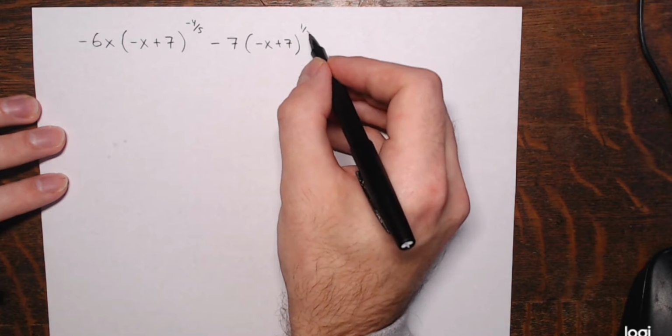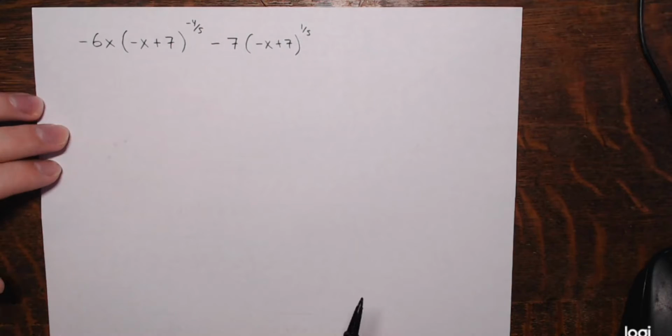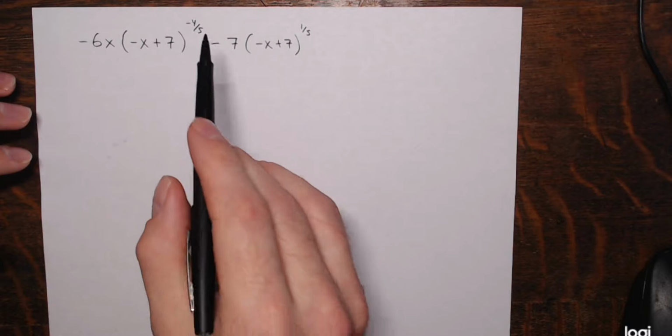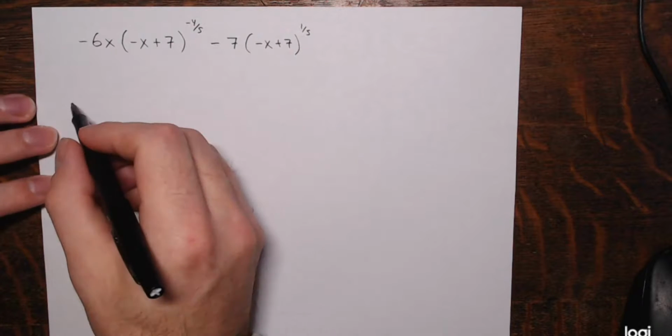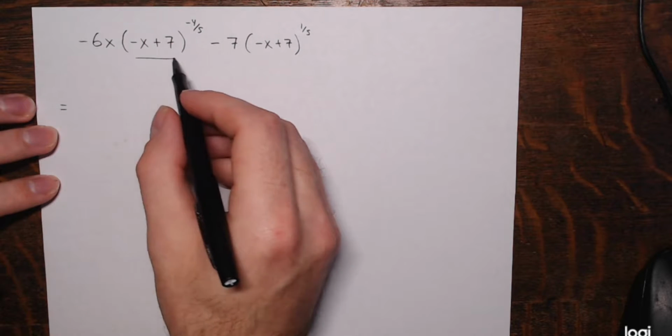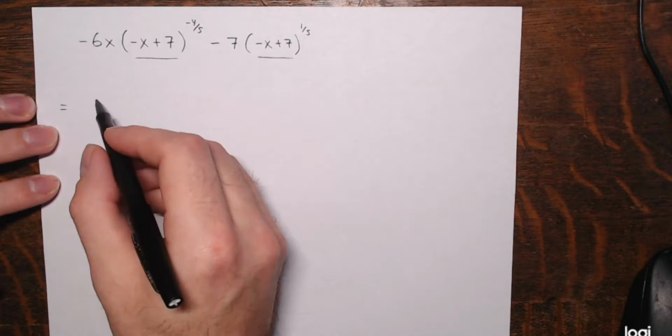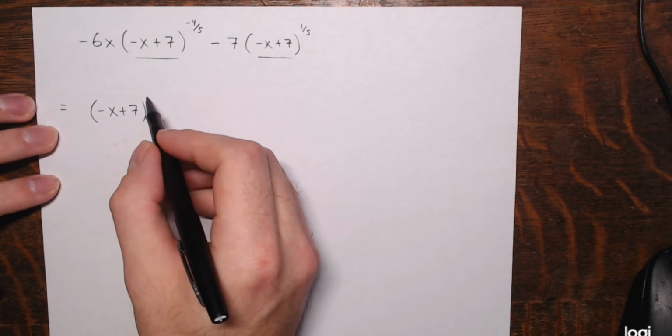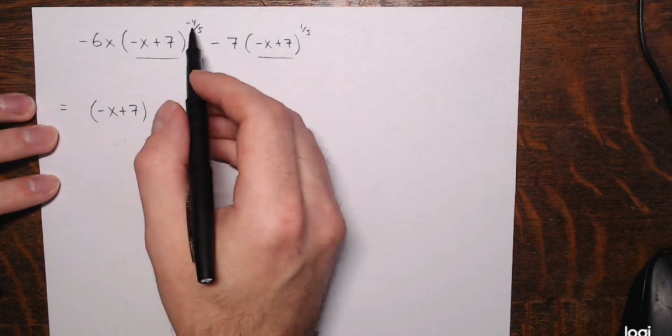And this is pretty similar to the second example we did in this objective earlier with the negative 4/5 and the 1/5 power. They both have this negative x plus 7 in common. So I factor out negative x plus 7 to the lowest power. The lowest power on these is negative 4/5